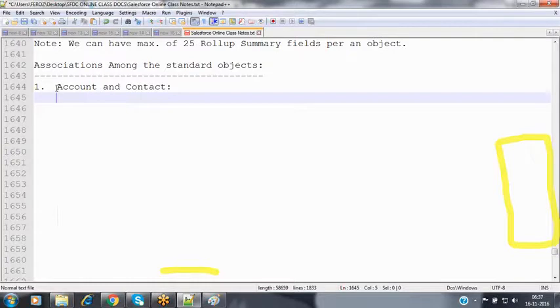How can we make these records visible? My records cannot be visible to Ram. Ram's records cannot be visible to Prem. Prem's records I cannot access. Then how can we maintain the security whenever we are maintaining a common object? So that's why Salesforce gives us some security features, which we are going to configure in the security concepts.